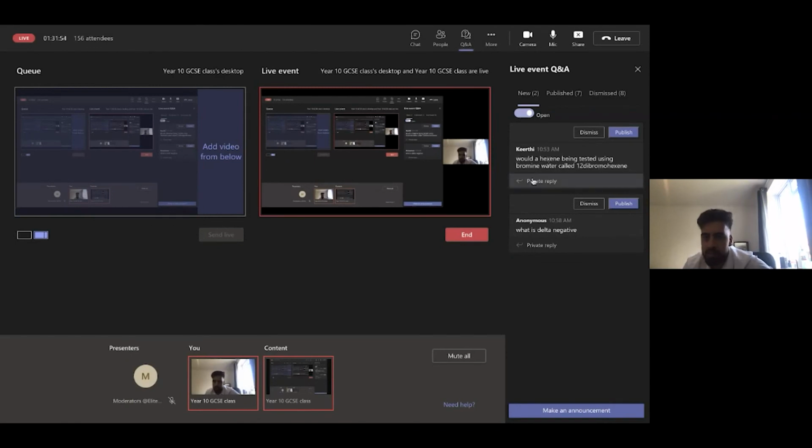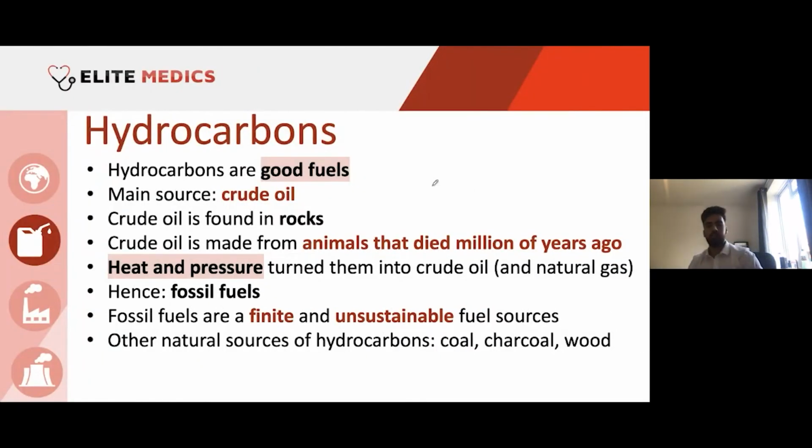Would a hexene being tested using bromine water be called 1,2-dibromohexene? Well, it depends where the bromine is added. So for you, because you've mentioned this, if we use hexene, carbons 1, 2, 3, 4, 5, 6, and let's say the double bond's here. Technically, this double bond can break and the bromine can be added here. In that case, it'll be 3, 4